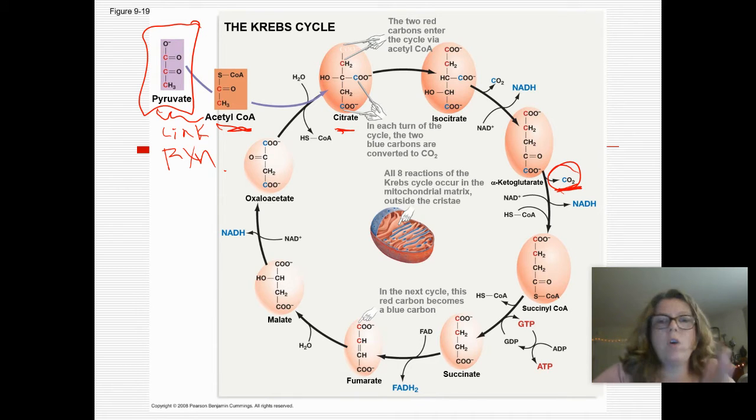Okay? If there's no oxygen present, then cellular respiration stops with glycolysis. That's it. And then the cell will go through a process called fermentation, and we're going to be working through fermentation a little bit in class